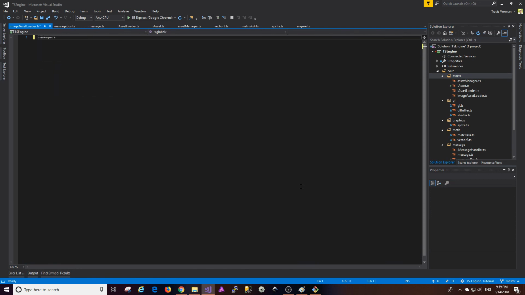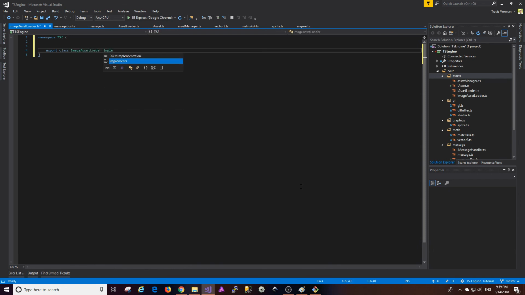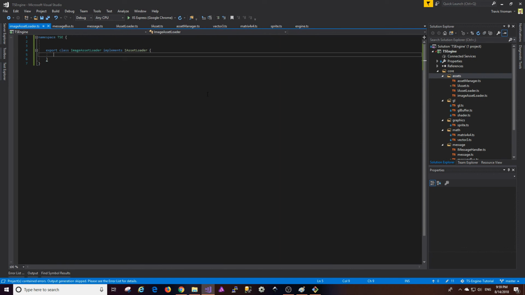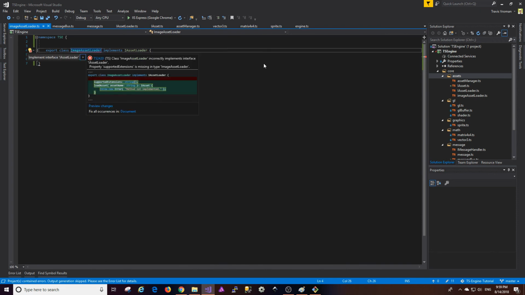Namespace TSE, export class ImageAssetLoader. And this one implements IAssetLoader. Okay? And so when we do that, it's going to bleat about not implementing the interface properly. So we want to just go ahead and,